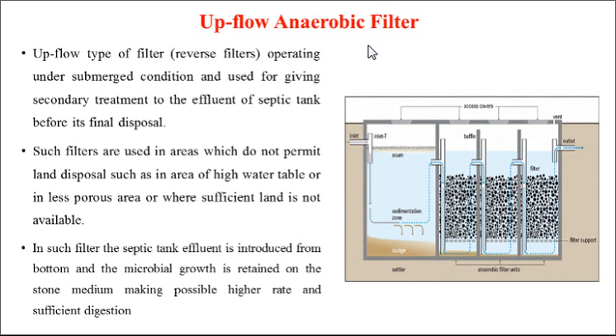So, see here, this is the anaerobic filter 1, 2, 3, and this is the inlet chamber. So, first of all, the effluent from septic tank is coming to this inlet chamber, then it is flowing through this pipe. Through this pipe, the effluent is brought at the bottom of this bed, and then it flows in upward direction. Now here the rock and gravels are fixed, and through this gravel bed the effluent passes in upward direction.